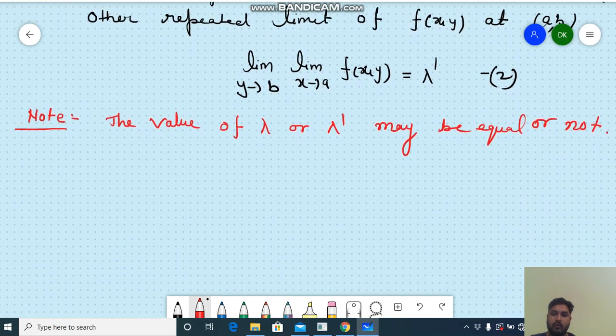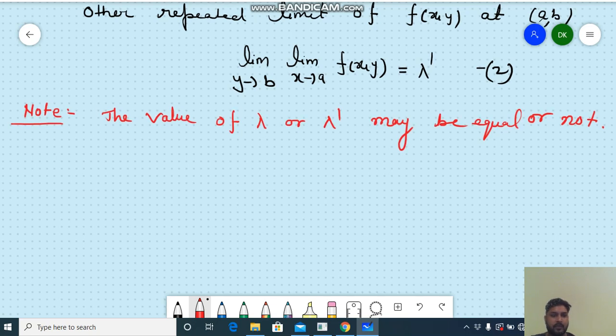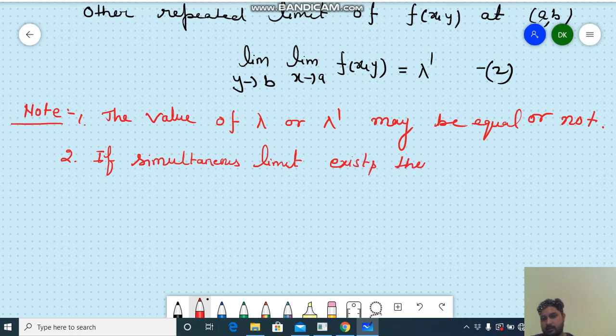It will be equal only when, if the simultaneous limit exists, then the repeated limits, that is lambda